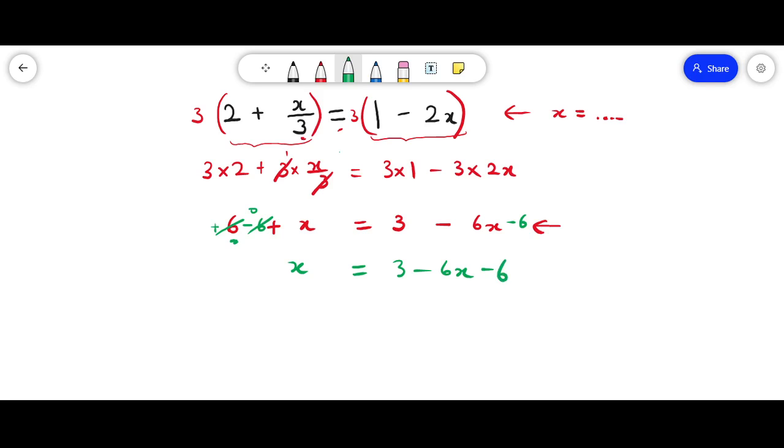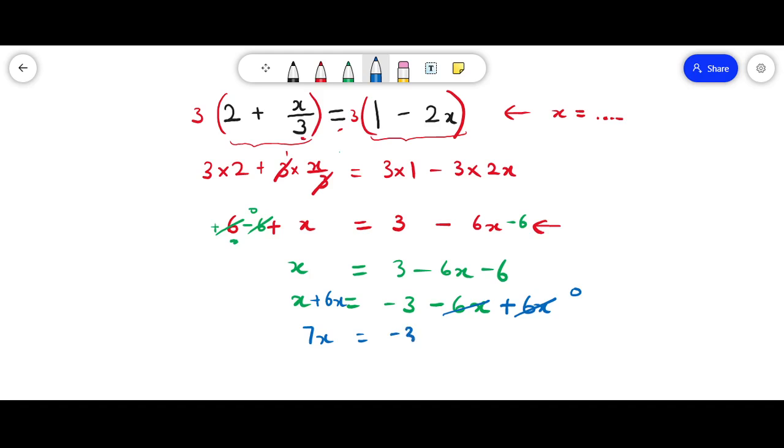Okay. And now let's simplify. x is equal to 3 minus 6, which is minus 3. We have this minus 6x. And the last thing we'll do is get rid of this 6x by adding 6x to both sides, just so that this minus 6x and this 6x go to 0, and we are left with 7x is equal